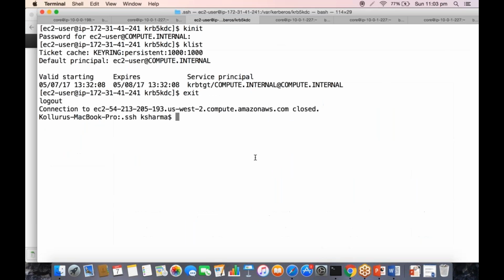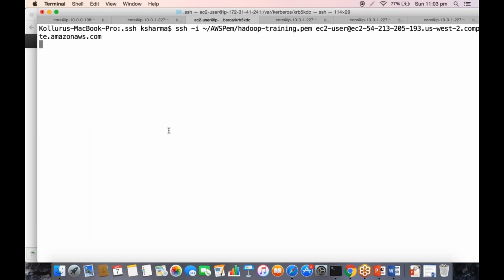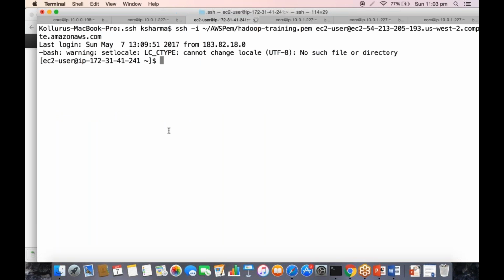We have to actually restart that. What happened is my connection to my server got closed. Okay, sudo service Ambari server restart.